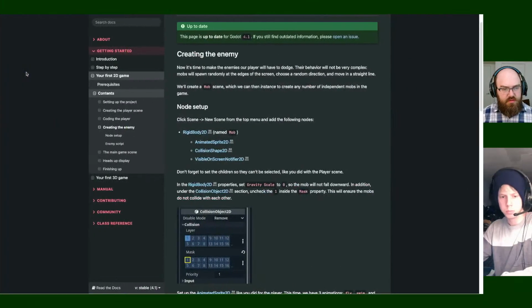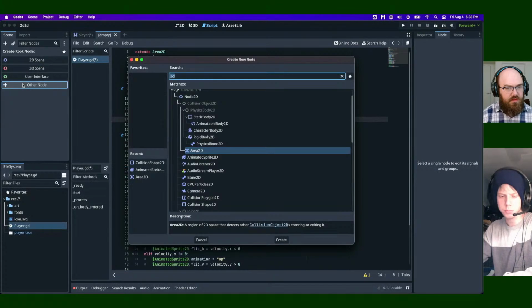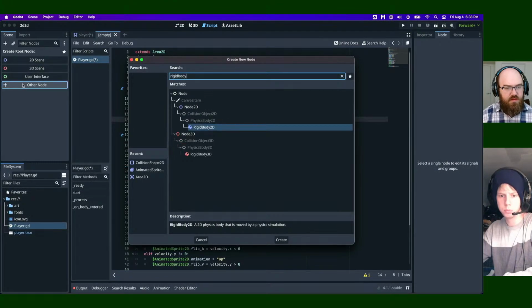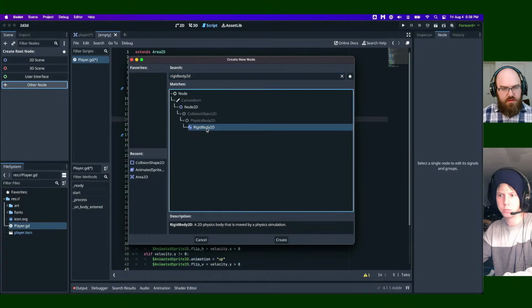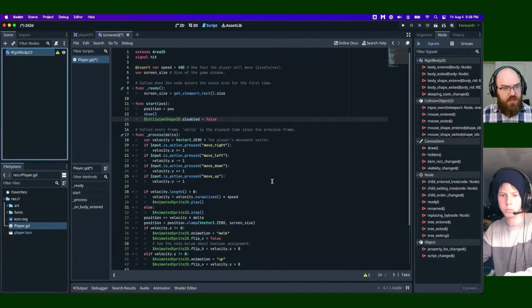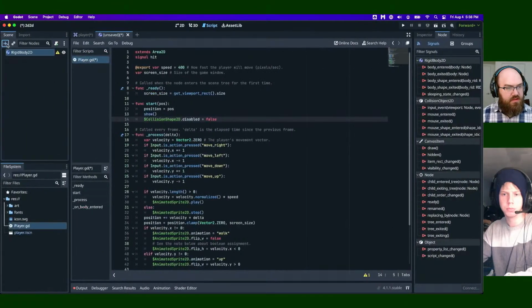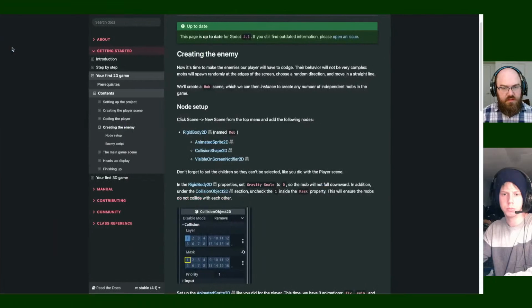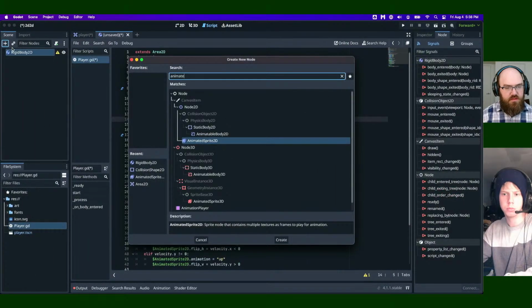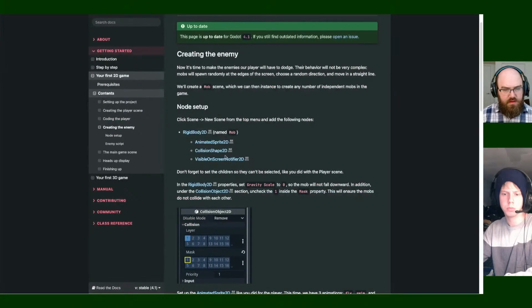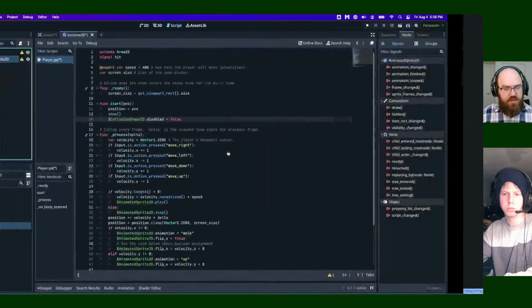We choose Rigid Body 2D, create, and we choose the following: animated sprite, collision shape, visible on screen notifier. Add child node, animated sprite, create, collision shape 2D,